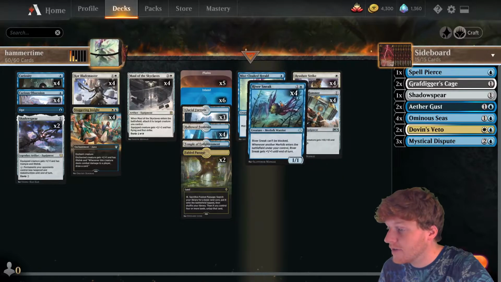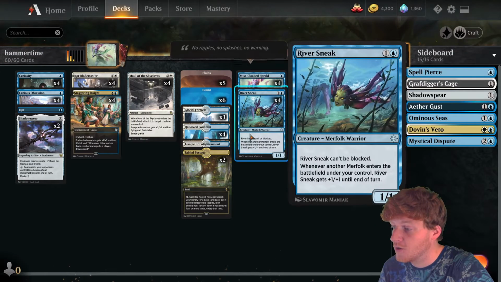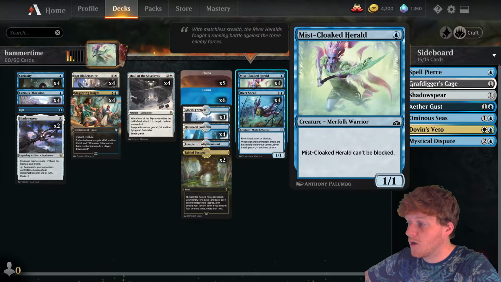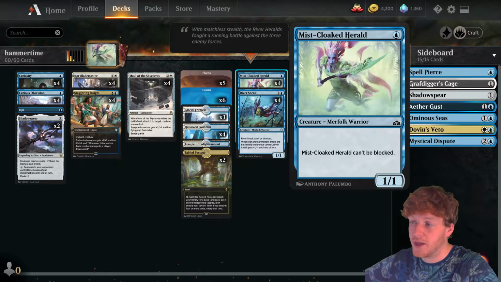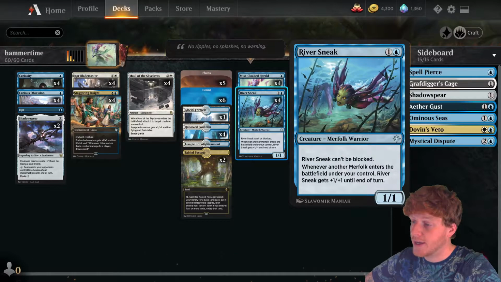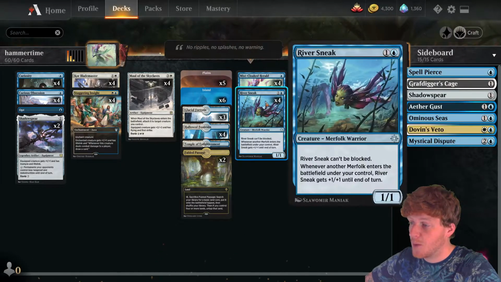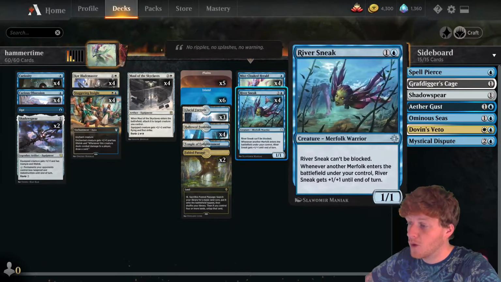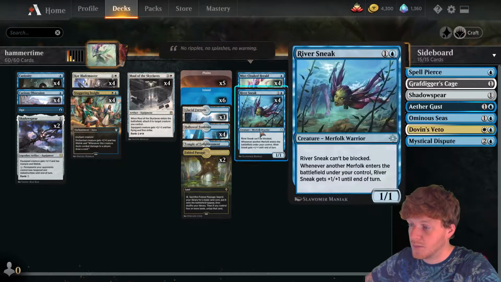We also have River Sneak, which is essentially the same thing as Mist-Cloaked Herald, except it gets pumped whenever another Merfolk comes into play, which if we play another Mist-Cloaked Herald or another River Sneak, that's going to help a little bit. This also can't be blocked, so essentially the same combo can occur, except on turn 3, just a turn slower, but no matter what,